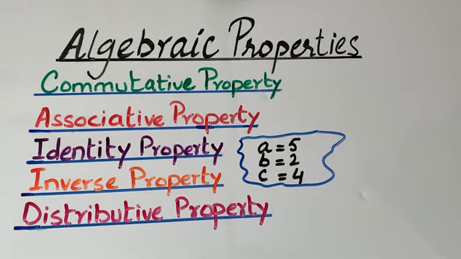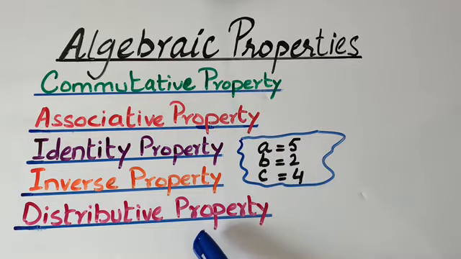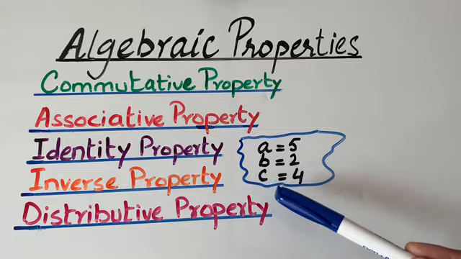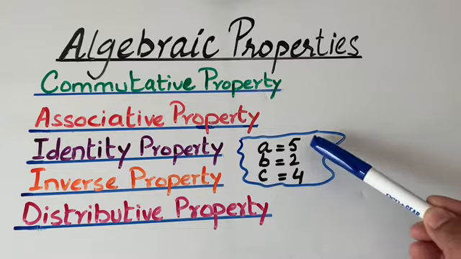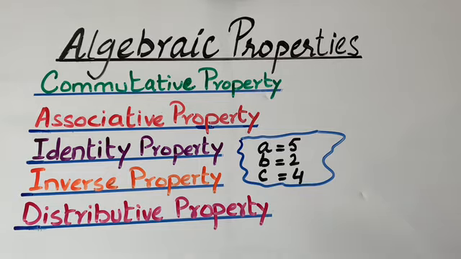In this video, we are going to learn 5 basic algebraic properties. We are going to define all 5 properties for both addition and multiplication. And I want to illustrate all of my examples, and I'm going to be using letters A, B, and C to demonstrate the properties and the values 5, 2, and 4, just to give an example of how these properties